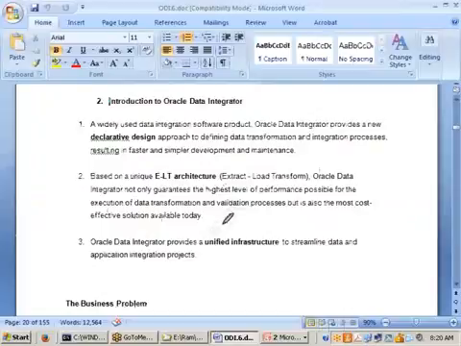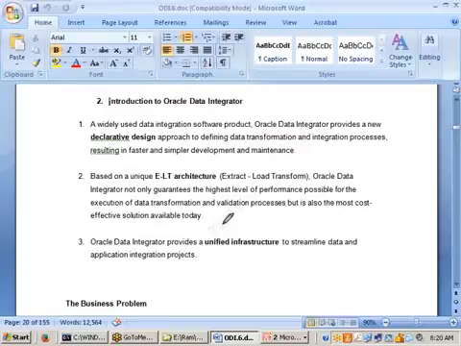Because of this unified infrastructure, the benefit is: I am working for a customer called ABC. Tomorrow I need to work for a customer called XYZ. There is nothing much to learn, because here also it is a unified infrastructure, so the same plugins will be available.